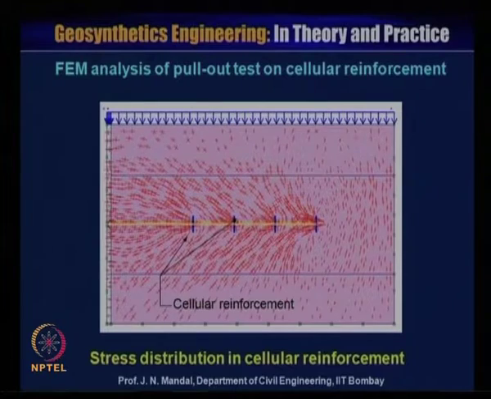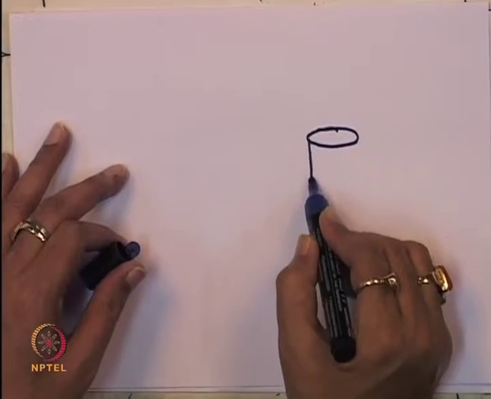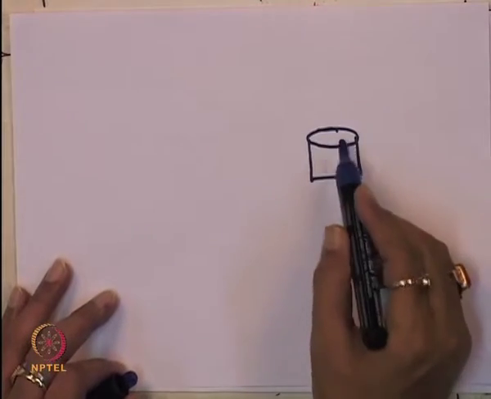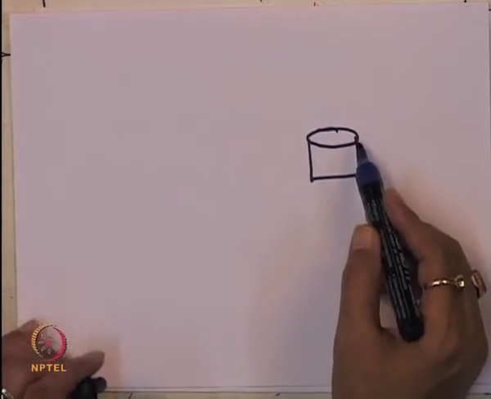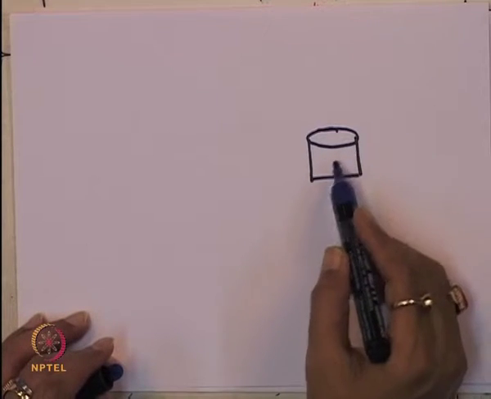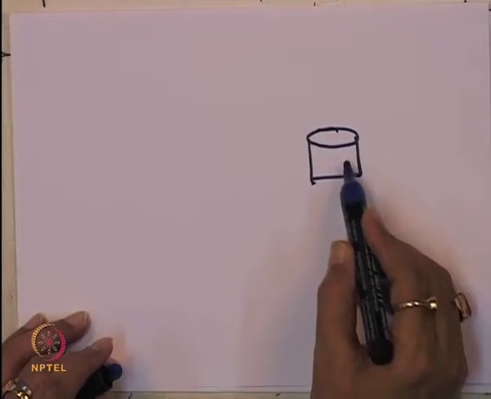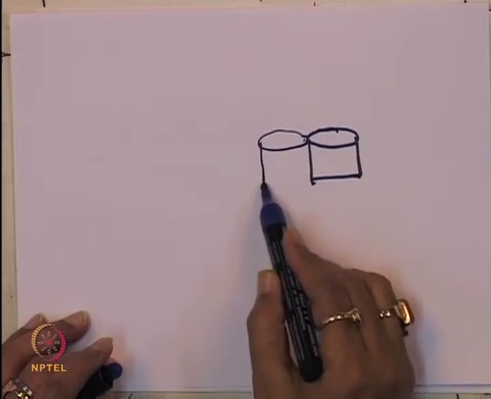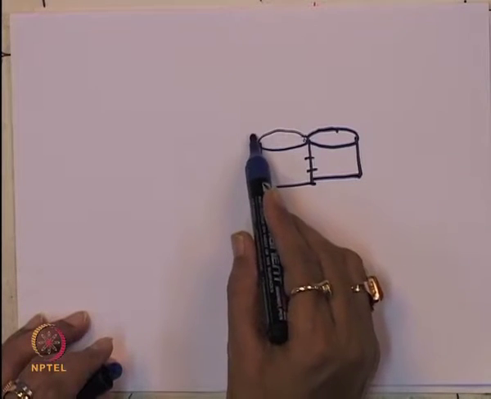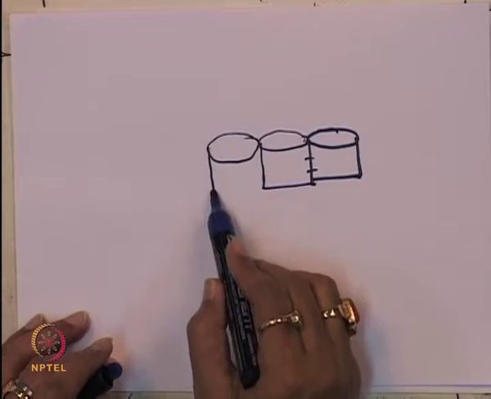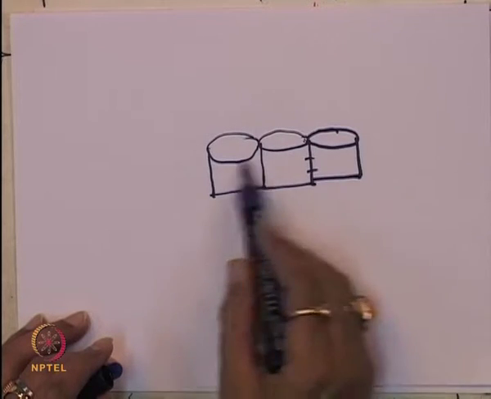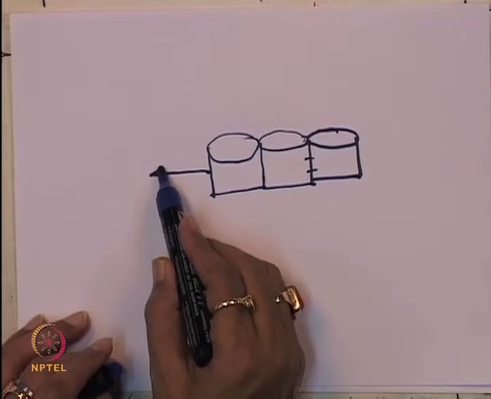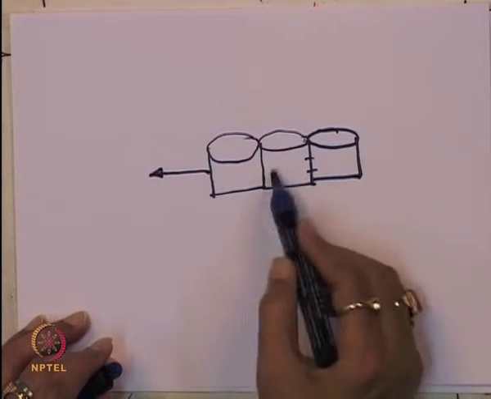So, it is made of plastic, it is a bottle, it may be hexagonal, it may be web. So, this and this, and then connected with another cellular element, it can be connected like that. You can also produce a kind of cellular reinforcement.